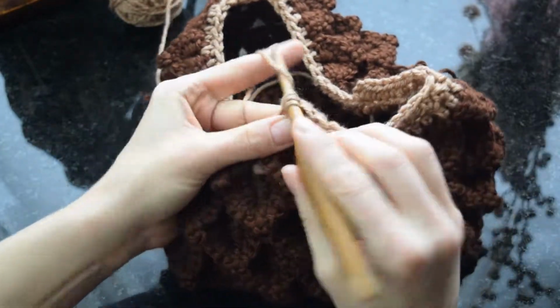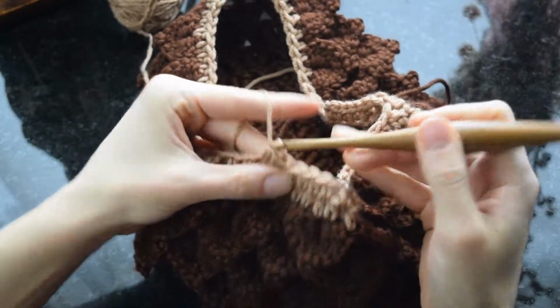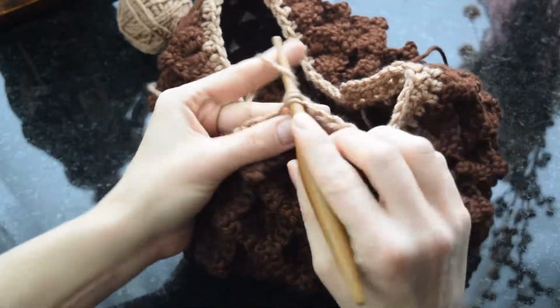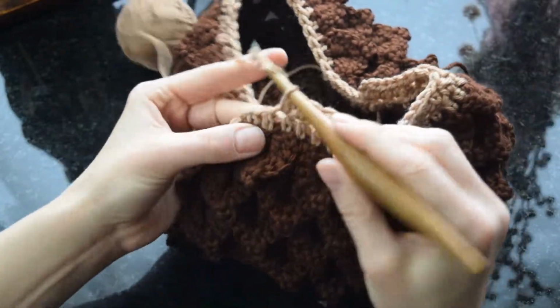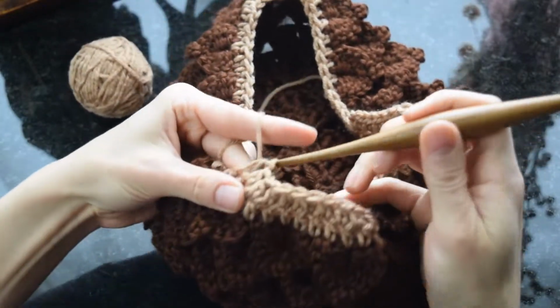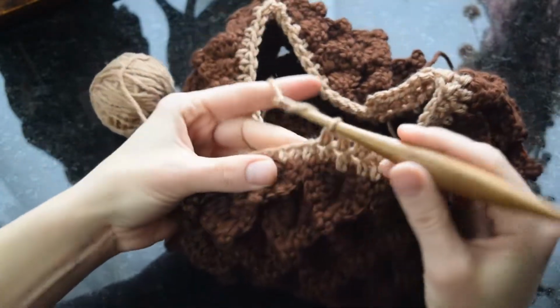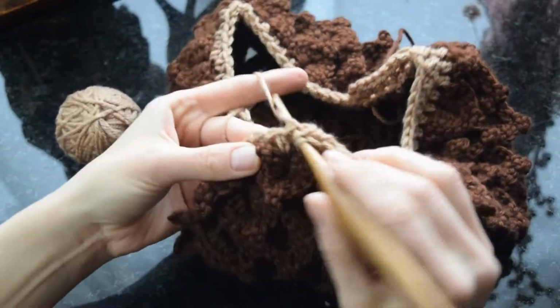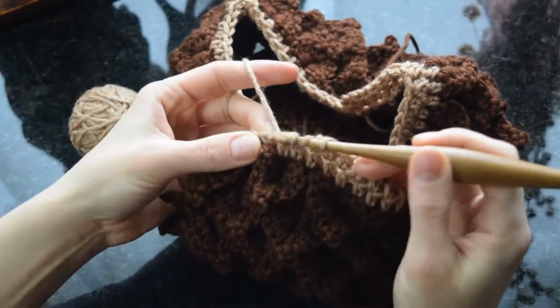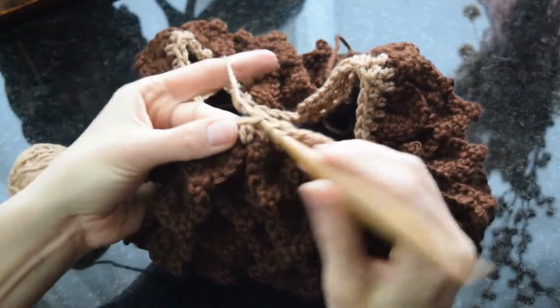So 1, 2, 3, 4, 5, 6, and 7. We've counted out 7, so we'll go ahead into our next decrease. Here we go. And then again, 1,